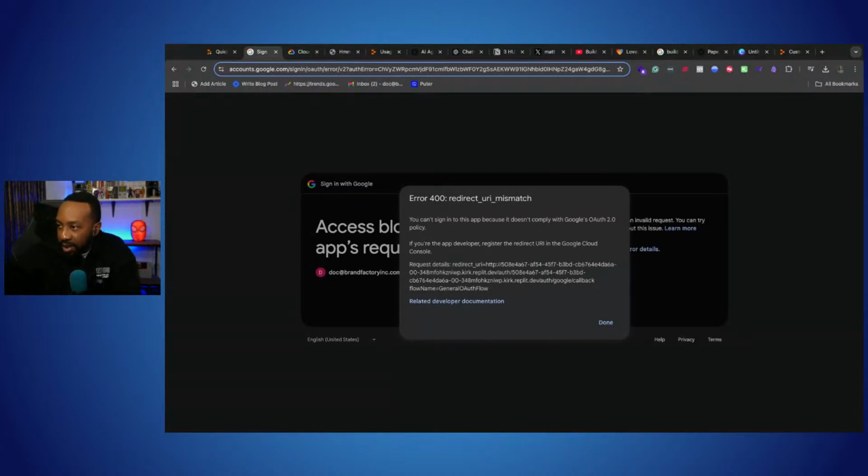You can't sign in because it doesn't comply with Google's OAuth 2.0 policy. If you're the app developer, register the redirect URI in the Google Cloud Console. Request details. Okay, so we already did that, but